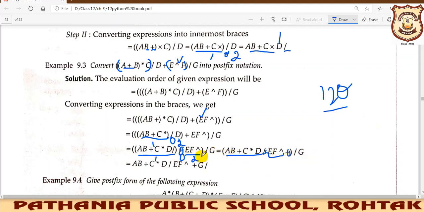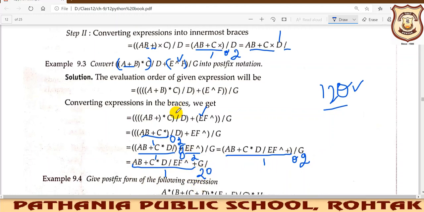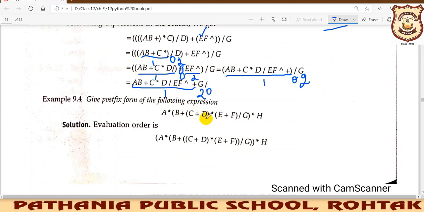Now what is left, this. Now this will be considered a complete operand 1. This is now operand number 1, this is the operator, and this is the second operand. Again follow this rule. So the first operand is up to here, plus we will be using it. This is our first operand, and then we will write the second operand, and then the operator. I hope it is also clear. Now let us move to the next example.